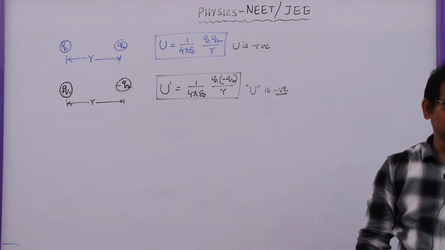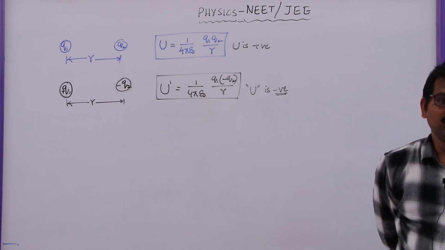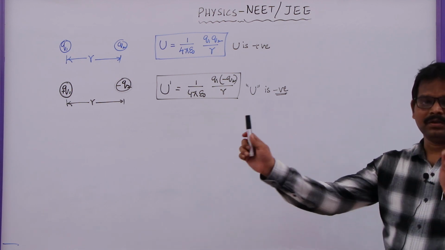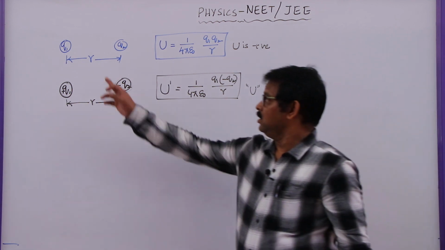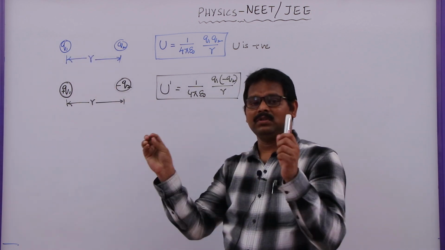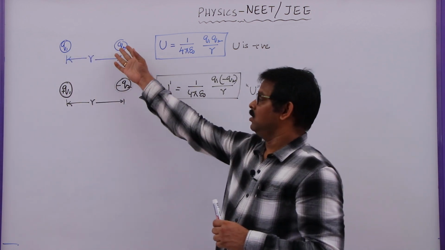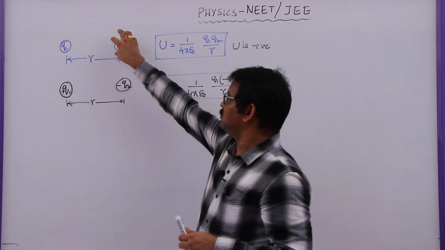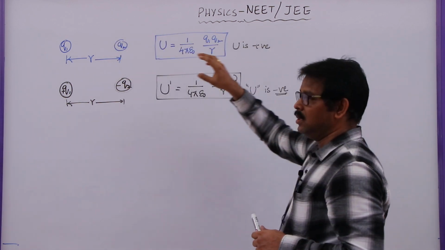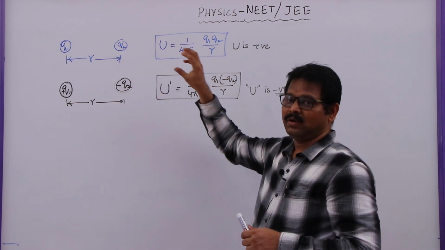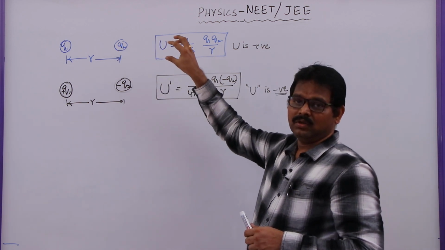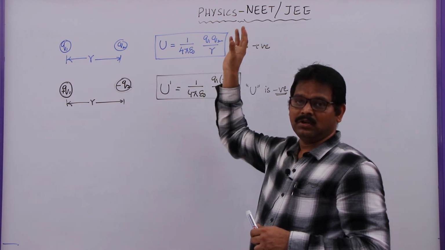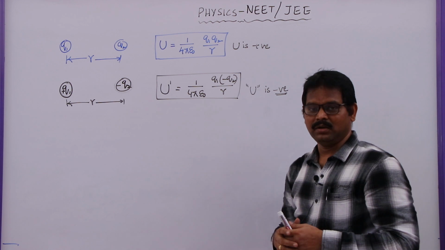The negative potential energy is nothing but we need to do work to separate these two charges apart. Now here these two charges already repel each other, that's why there is no need to do any work here, but we have to arrange this charge from here to here, then the field will do some work. But if you want to move it without any acceleration, then we call it the potential at this point. We will discuss that point later.